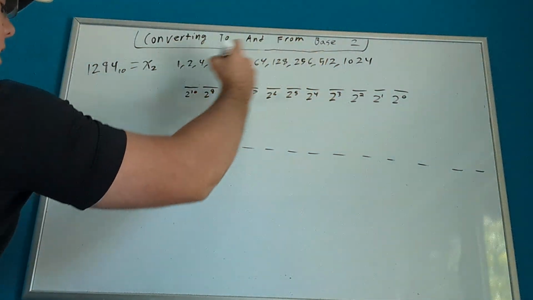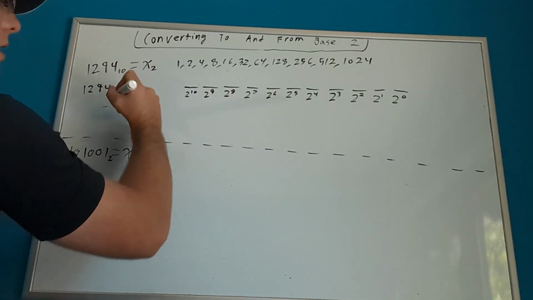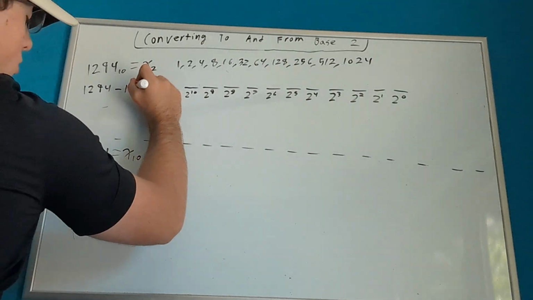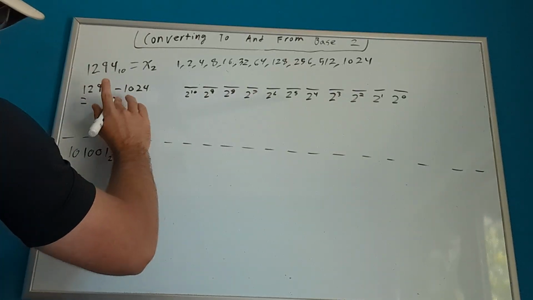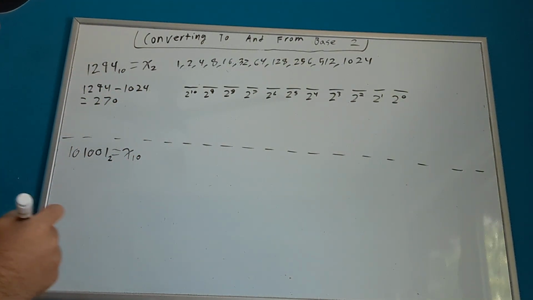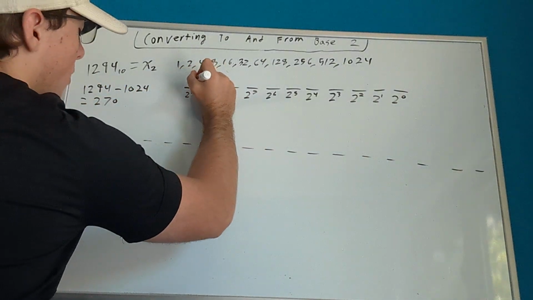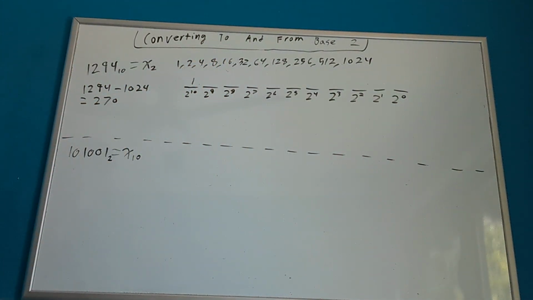The first thing we want to do, we know it's 2 to the 10. Now we want to subtract that off from this. So 1294 minus 1024 is equal to 270. All right? So now we take note of that. And we notice we only subtracted one of these, so we put a 1 right there. So we're left with